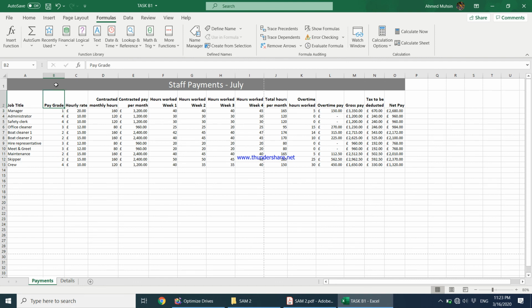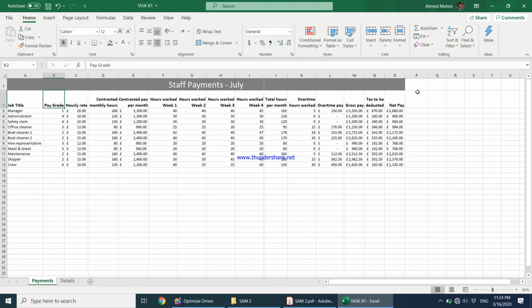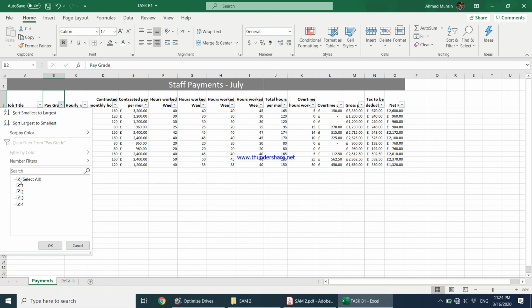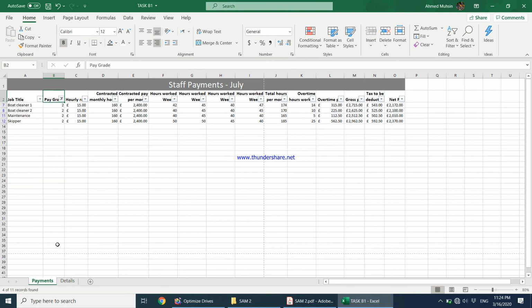So what we can do is put a filter here and hide what we do not want displayed. Come to sort and filter, and we come to filter over here, and then we click this button, and we say we do not want everybody, we want only the pay grade 2 employees, and click on OK. And so we have the pay grade 2 employees over here, and what we will be doing over here is